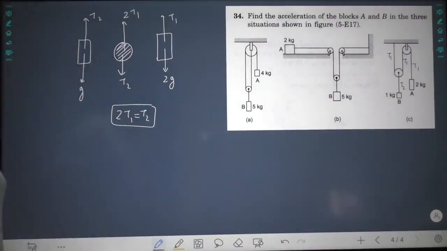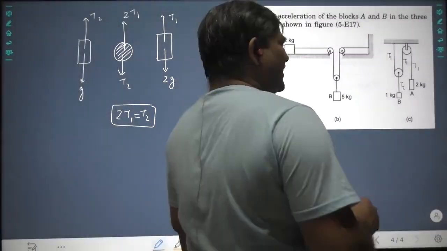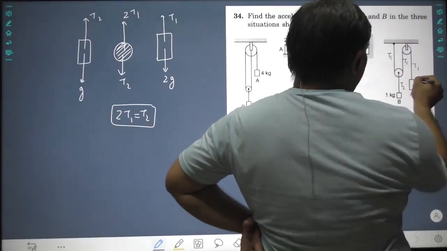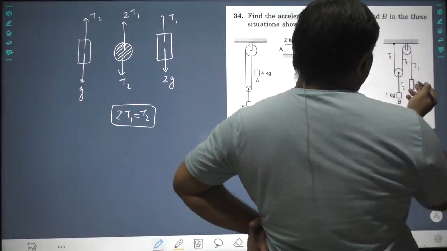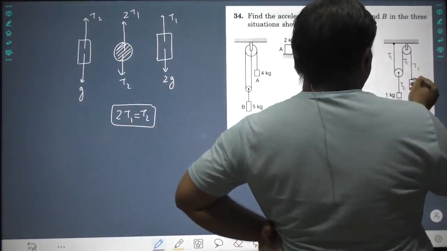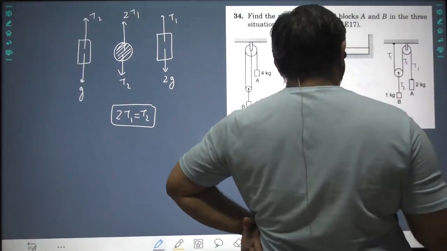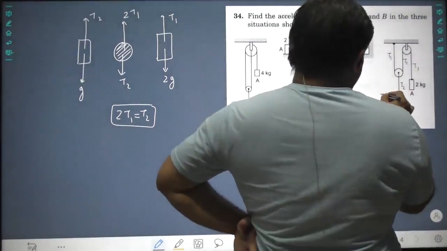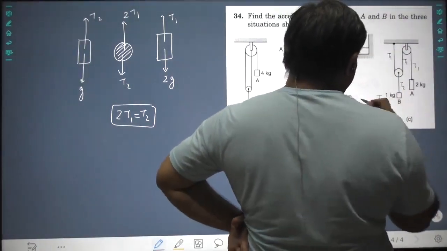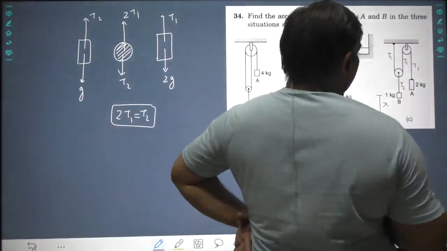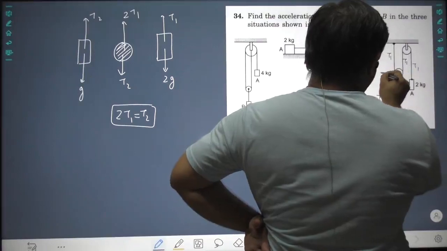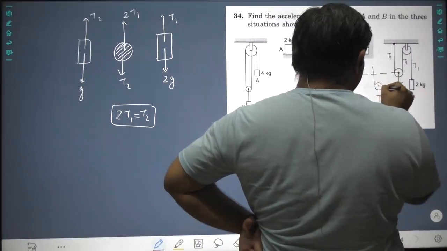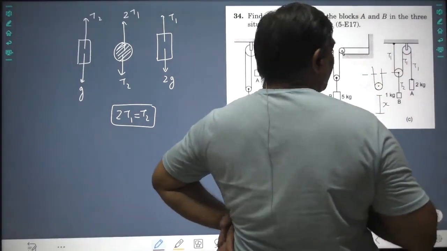Now, let us analyze the acceleration part. Again, for this string, this is the fixed end and this is the free end. So whatever supply of string will be there will be from the free end. Is it okay? Say yes. If this moves x downwards, then this pulley will also move x downward.